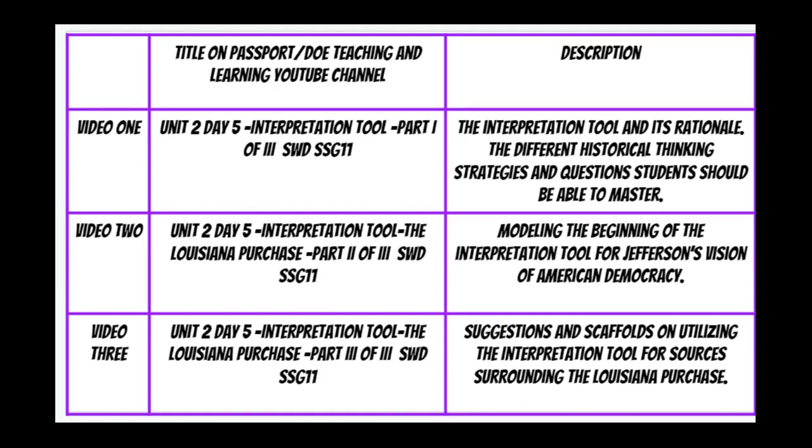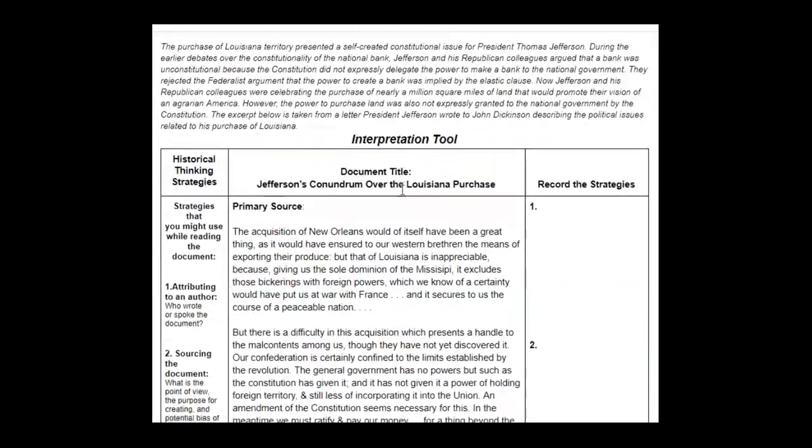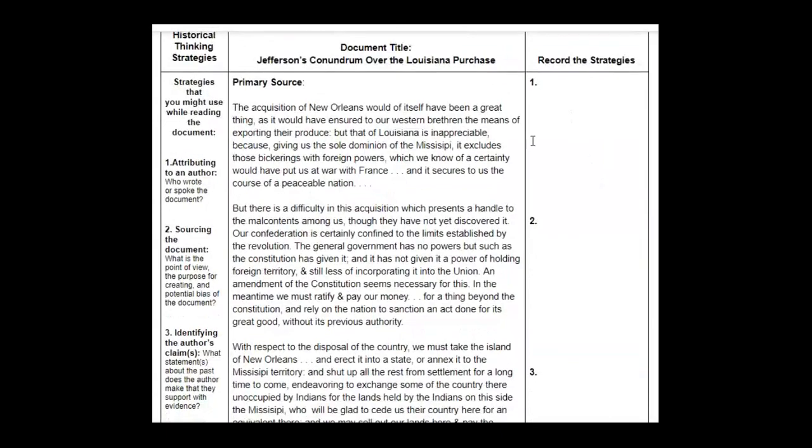Right now, what you're going to look at with me is what the lovely social studies teacher would expect you to do with two different sources. So your choices are Jefferson's Conundrum or Puzzle of Louisiana Purchase, or it says link here, but I already have it open. We're not going to click on a link. Or a Federalist Congressman opposes Louisiana Purchase. Jefferson's Conundrum of Louisiana Purchase. Notice that we only have some of the choices here, and they want you to say how you used those